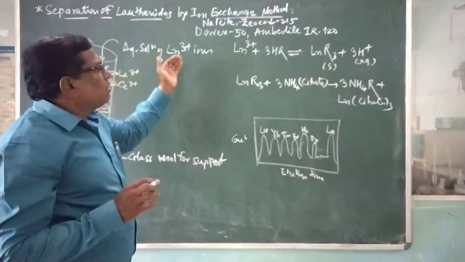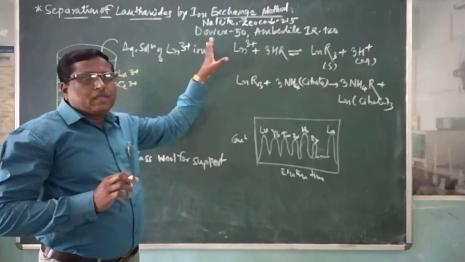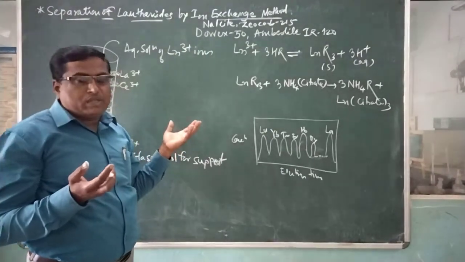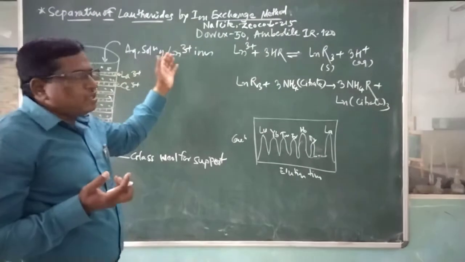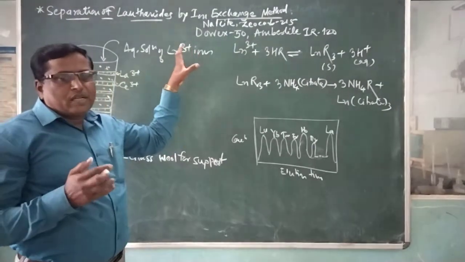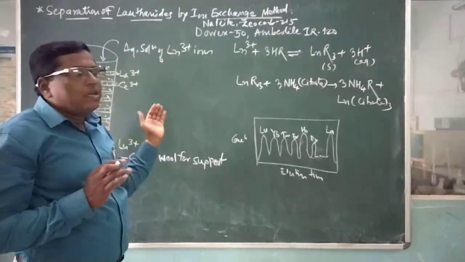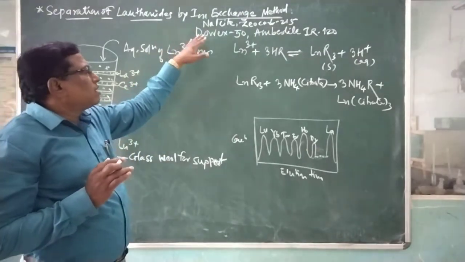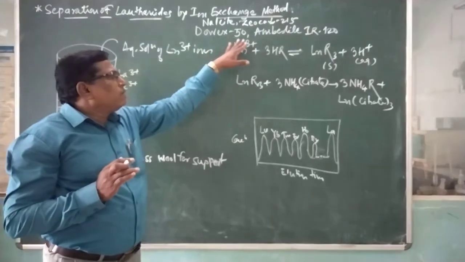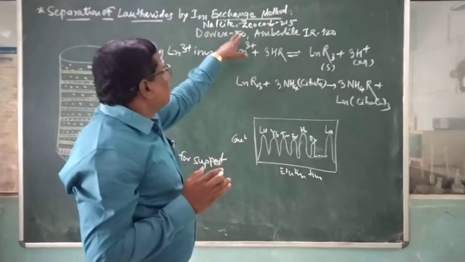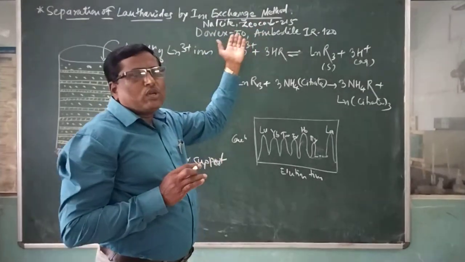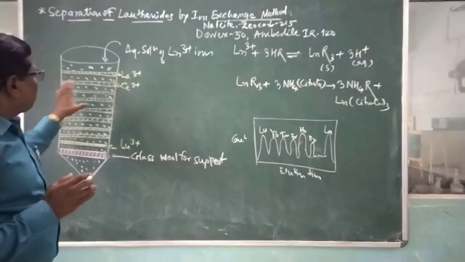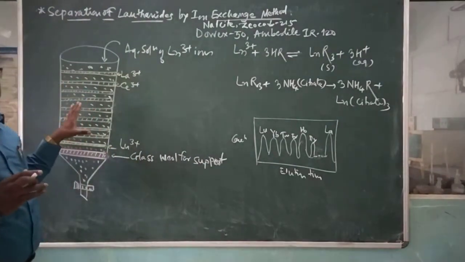They have exchange capacity. Here cation exchangers and anion exchangers are available. But in the case of the lanthanide series, these are cations, and therefore exchange of cations is essential, so cation exchange reagents can be used: Dowex 50, Amberlite IR 120, Nalcite, Zeo-Karb 215. And these compounds will be taken in the beaker.